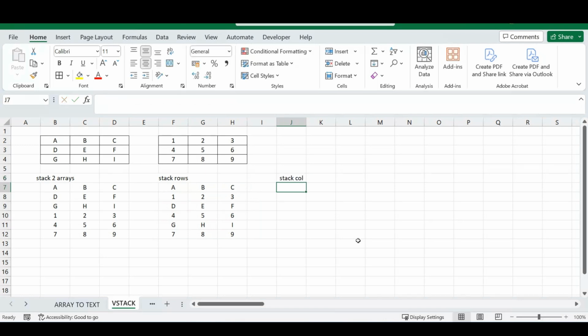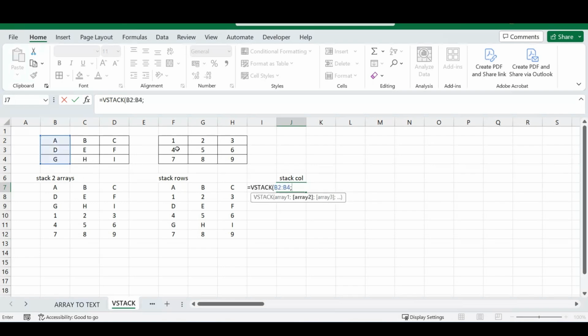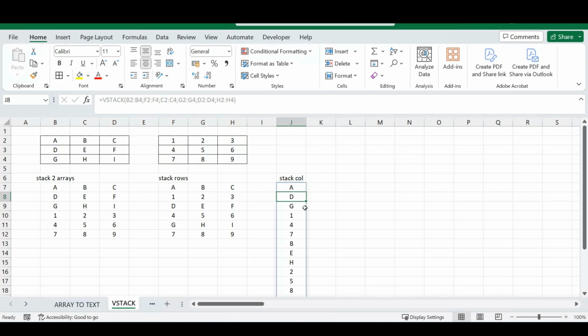columns on top of each other. Works the same. So you'll type in your formula equal sign VSTACK, and we can select our array. So in this, I'll just select on a column basis, not on a row basis, but it works the same. You can do this however you would like, and from there you'll see it stacks our columns on top of